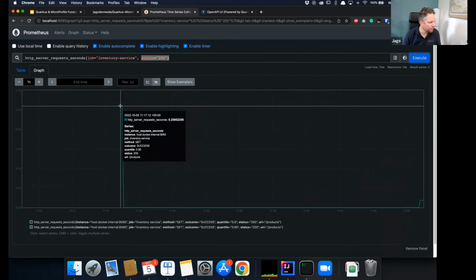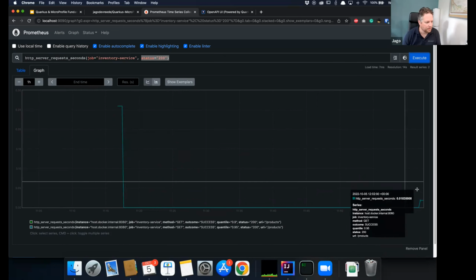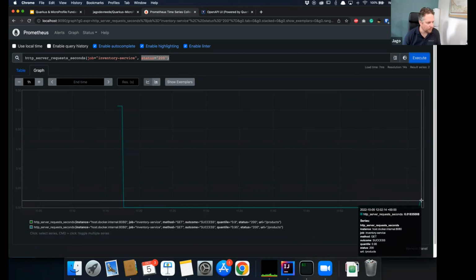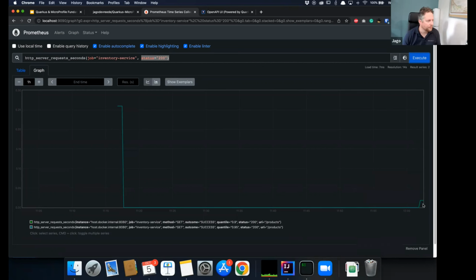You will see the first time I booted this application up was a little bit after we started the exercise, and it took a little bit longer to run than it does now. That has to do with the lazy initialization of a lot of things inside Quarkus. So the first call to the database will take a little bit longer than the additional calls later on. But here you can see how long the request took on average. And you can play around with this